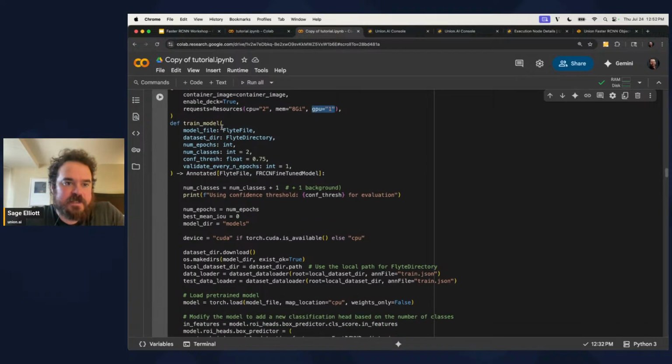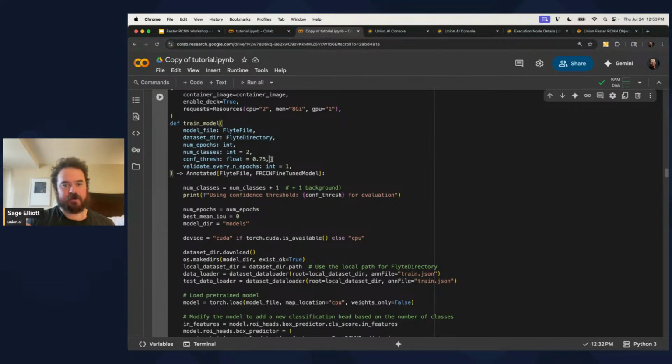We have our train model function. It's going to take in a model file, a dataset directory, the number of epochs that we want to look at the dataset, the number of classes. In our case, it's 2, because we have the Flyte sticker and the Union sticker, and then our confidence threshold. So when you do object detection, you'll see this a lot, that they all operate slightly differently, but basically want to give it a confidence threshold to say only draw a bounding box if you're, in this case, 75% sure that that belongs to that class. Otherwise, if this is really low, you'll see that it draws a ton of bounding boxes. And so I like to give it a confidence threshold when I'm training to look at validation. Otherwise, it'll draw a ton of bounding boxes and you'll get really low